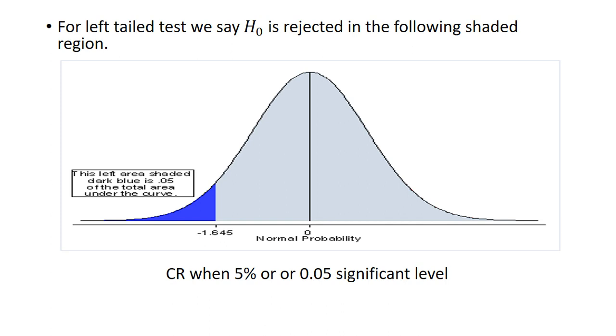Okay, if it is one-tailed, precisely a left-tailed test, when the null hypothesis is rejected. Suppose 5%. 5% means alpha is 0.05. That means 5% of the total area is the critical region. So whenever we are calculating the 5% of the total area and it is on the left, we will count from minus infinity to that point where 5% of the total area has been covered. The point is known as minus 1.645.